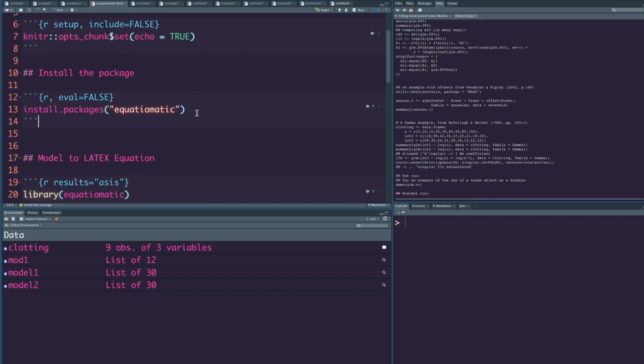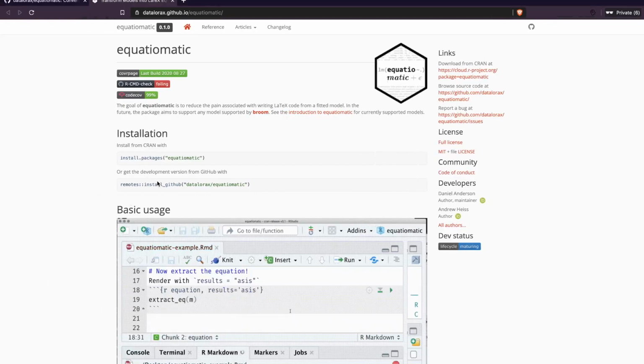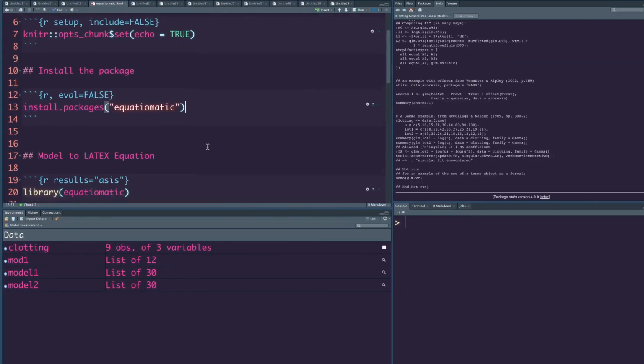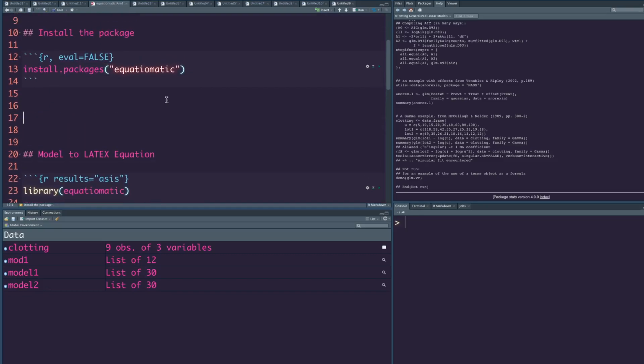Once you install that package, one of the things I faced while installing was that I had a very old version of the broom package, so I had to upgrade it. This is something you should probably keep in mind. Other than that, you wouldn't face any problem installing this package, either if you're installing from GitHub using remotes, or directly from CRAN. So let's get to work and start doing what we wanted to do here.